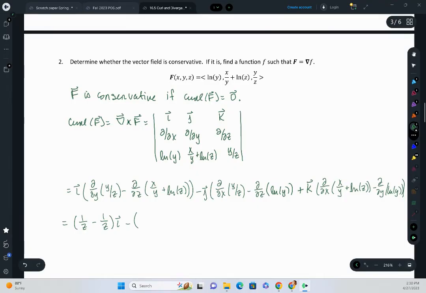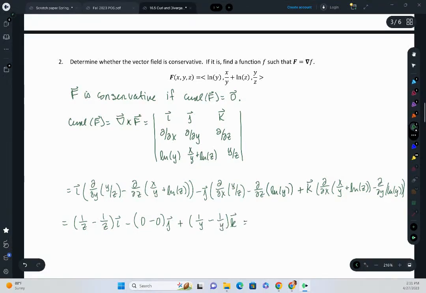Minus, in the j component, del x of y over z is 0. Del z of ln of y is 0. So I'm pretty happy in my j component. Plus, for k, I have del x of x over y is 1 over y, and del x of ln of z is 0, minus del y of ln of y is 1 over y, and that completes my k